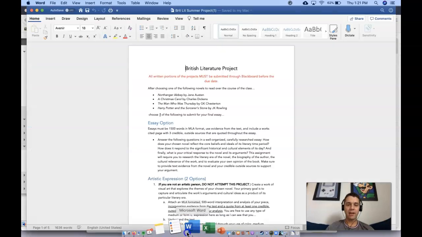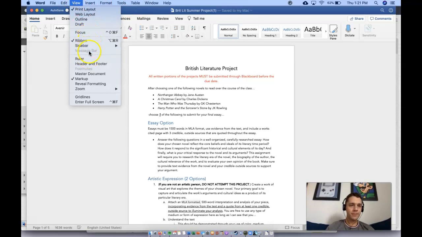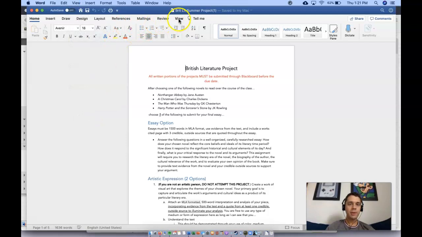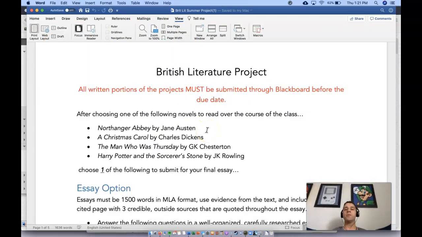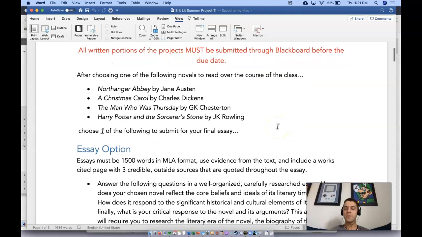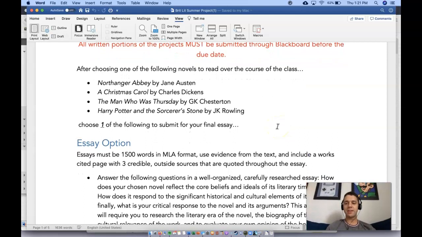So I'm going to click on this. British Literature Project. Let's bump this up a little bit. There we go. Page width. All right. So all written portions of the project must be submitted through Blackboard before the due date. So here's what you can do, and you'll find all of these in the corresponding folders with their corresponding literary